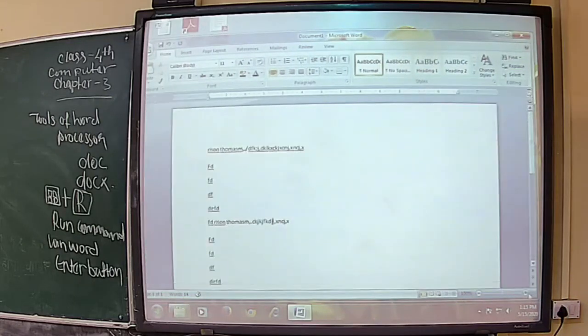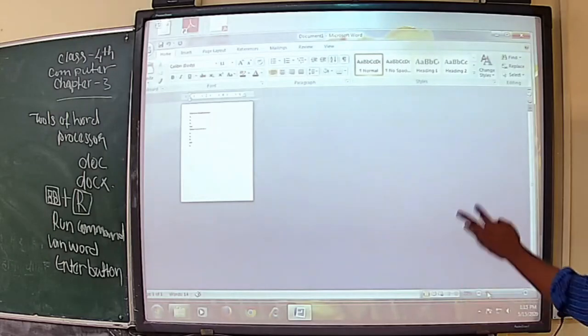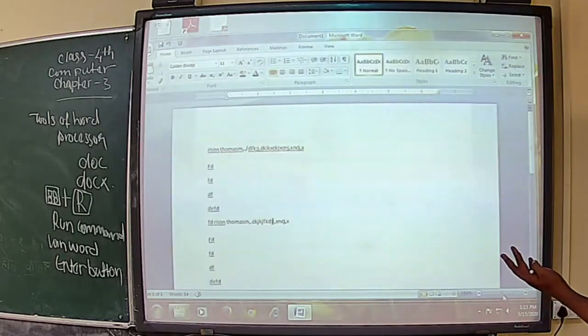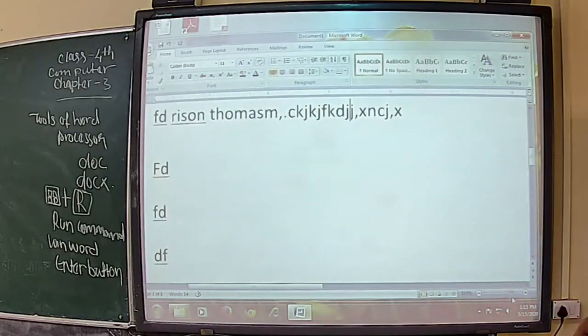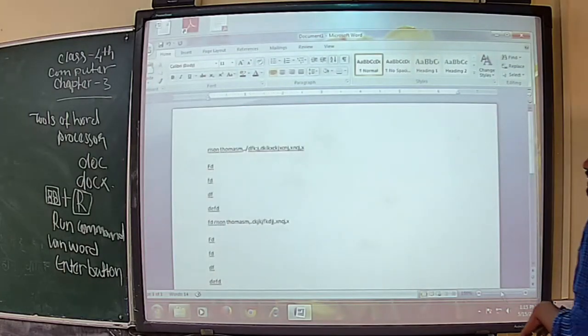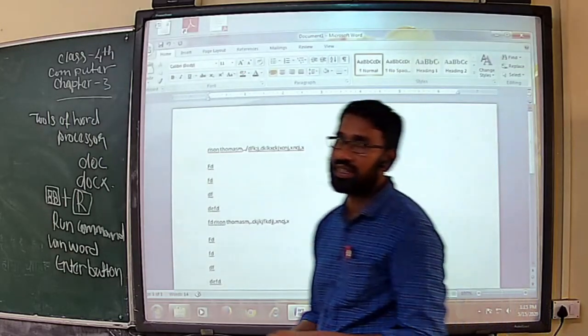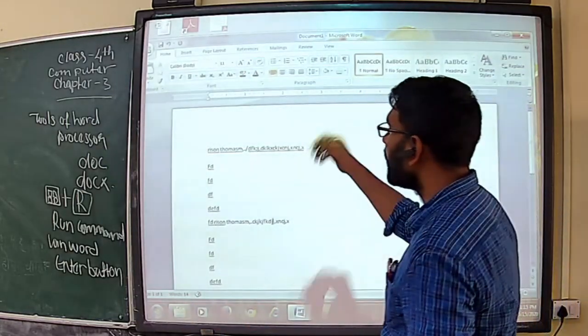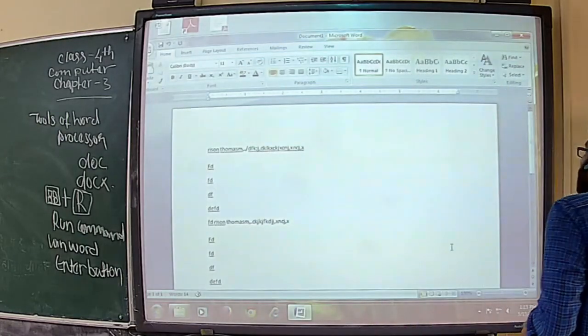Clear? There you can see there is a zoom button. If you have any problem with your eyes, or you want to enlarge or zoom, you can use the zoom button. Clear? By default the value is 100%. Clear? So these are the buttons mainly shown in the Word application.